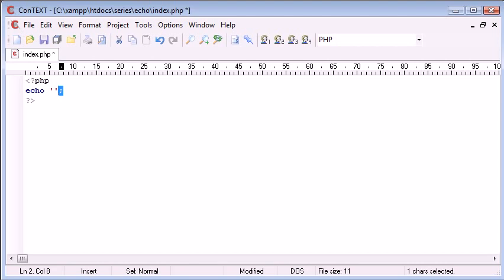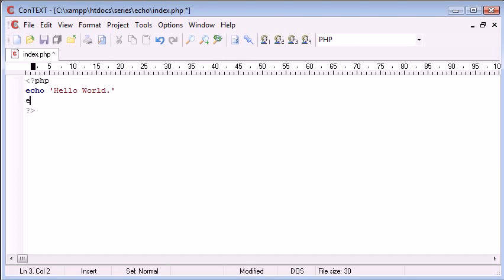Remember your line terminator at the end. You need a semicolon at the end of your line, otherwise we're going to run into some errors. In fact, what we'll do is we'll show that without it so we can see what the error is like in the browser. So I just want to say hello world. If I refresh this in my browser, you're going to see that, well, actually we haven't got an error, and the reason for this is that we don't have any other lines in the program. But let's, for example, create a new line here, and let's just say